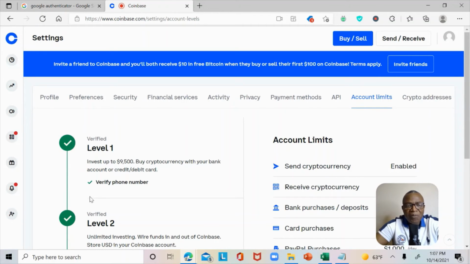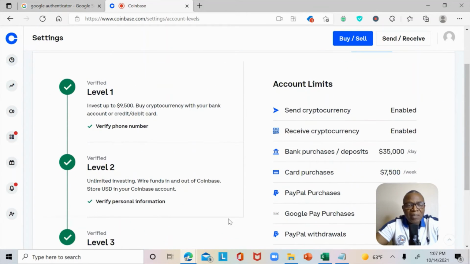Once you log in for the first time, the system sends you a code to verify your account, and you click on that code. So your level 1 verification is set up. Then, once you set up the two-step verification, your level 2 verification is also set up.